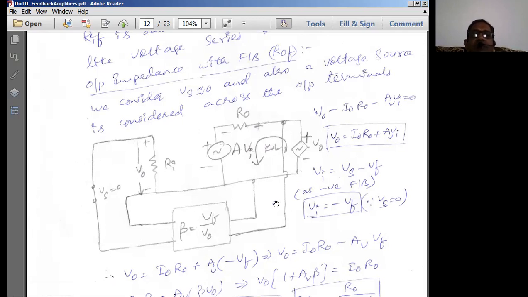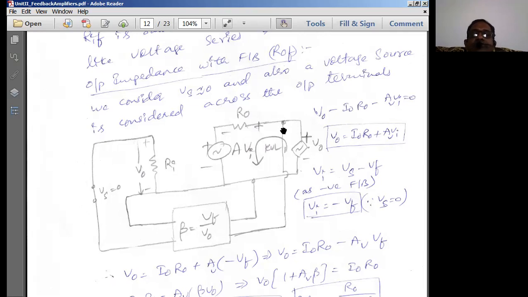The rest of the circuit remains the same. Now if we apply KVL to this loop, we have to do it very cautiously. Now, voltage source means what? The polarity is going to be plus-minus like this, because the output current is entering the transistor like this. Current flows from higher potential to lower potential, which we know already. Therefore, I put plus here, and the other one is going to be minus.